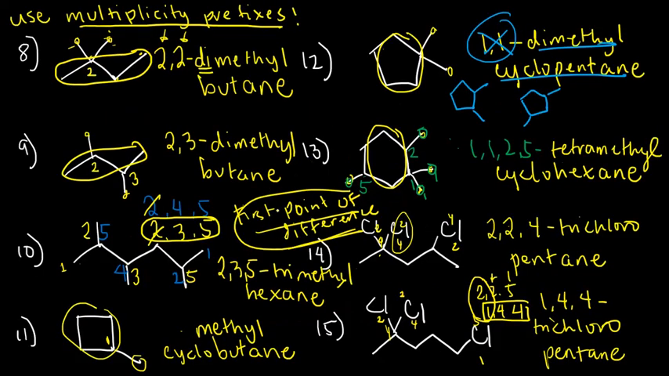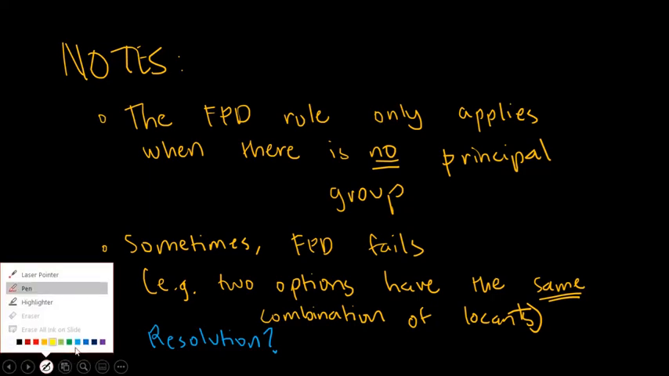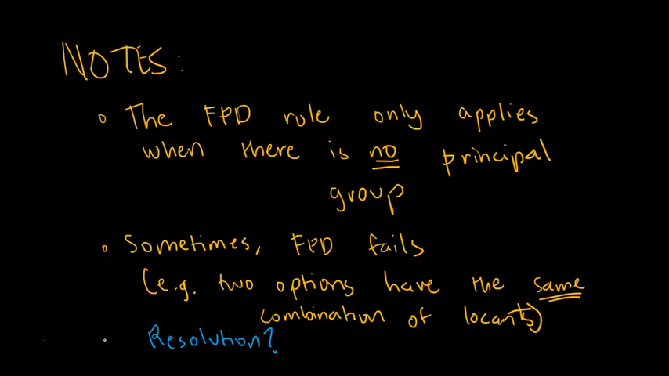Our dependence on FPD is the fact that we have choices that have different sets of numbers, like 245, 235, 255, 144. But for example, there are cases you have two options and they have the exact same combination of locants. It's like 24 versus 24. We have a lot of that in our next examples. So how do you resolve this? What's the tiebreaker? The tiebreaker is